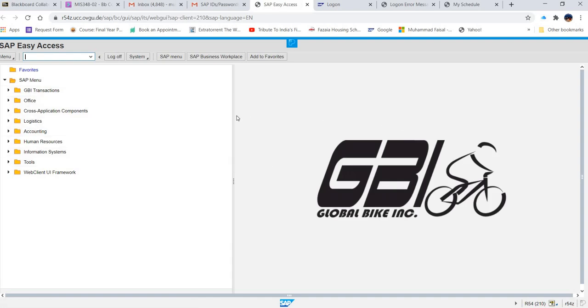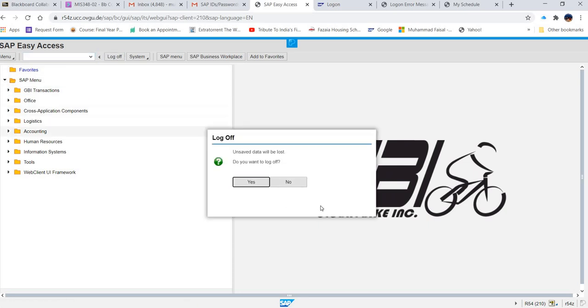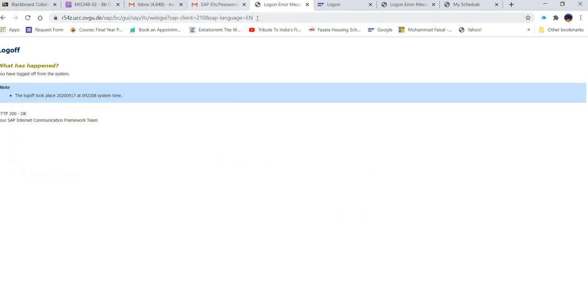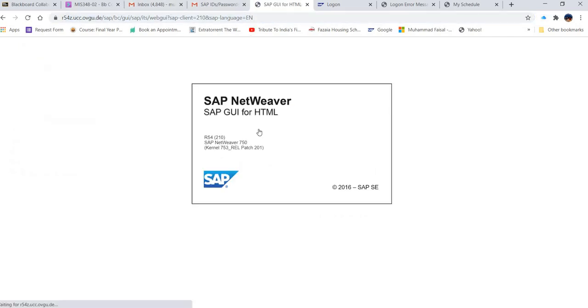When I log in, it takes me immediately inside the system because I already logged in with this user ID and password. But when I want to log in again, I will log off, and then I will run this link again.